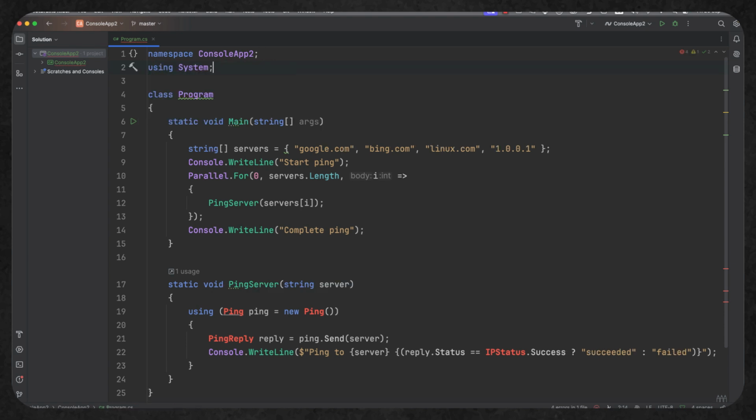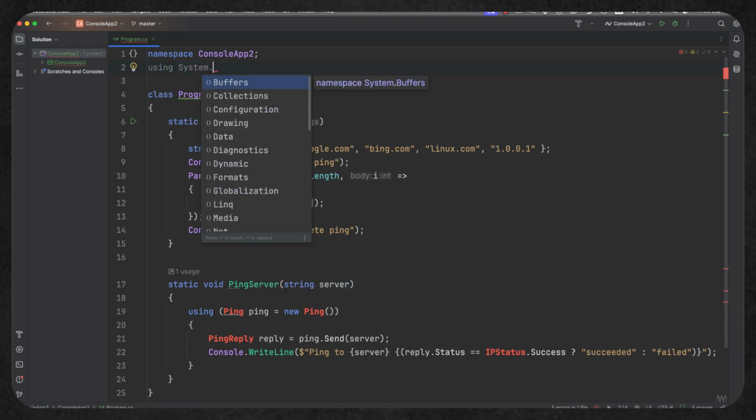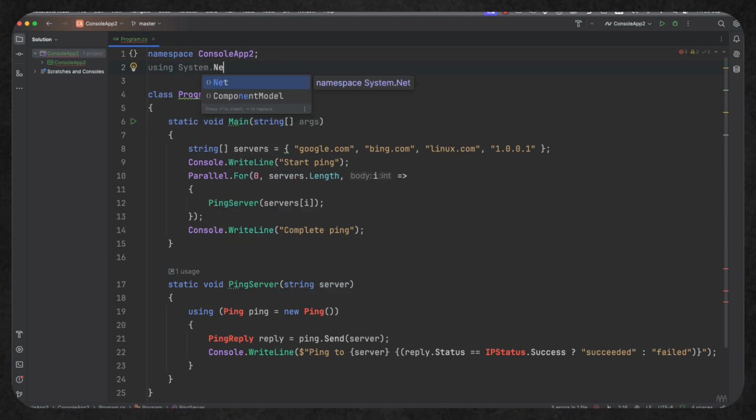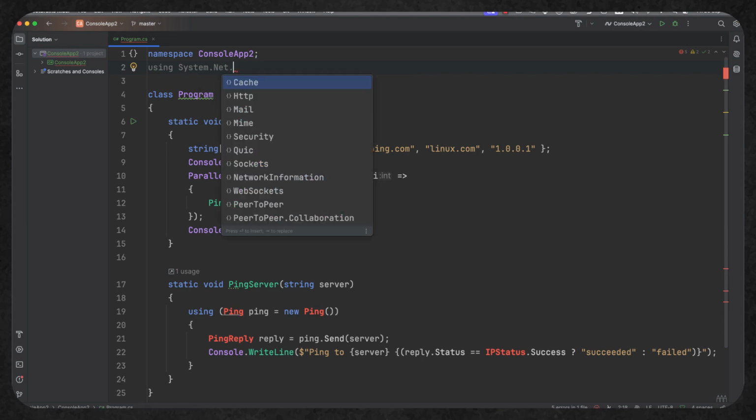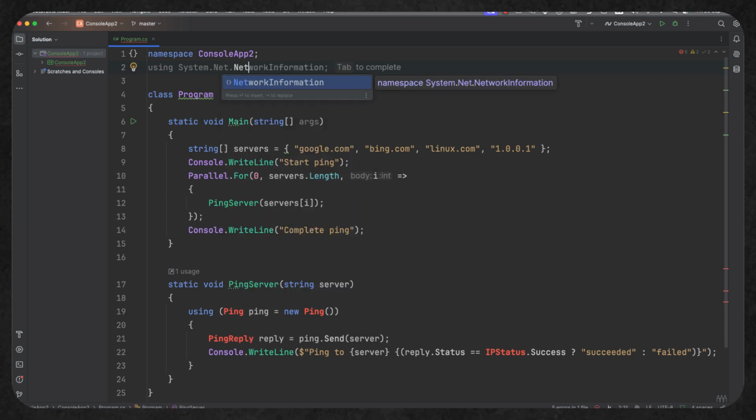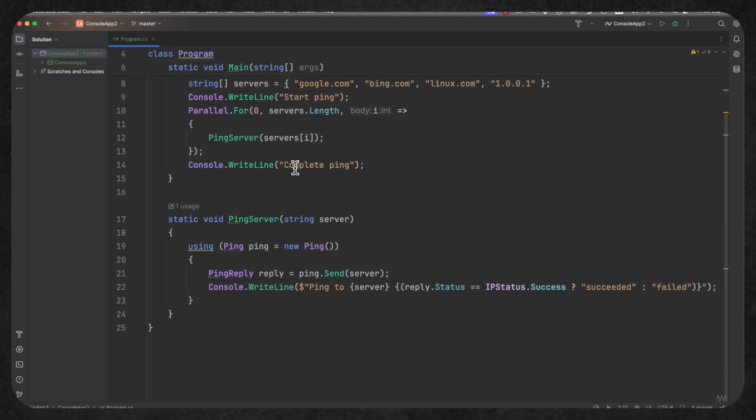There are default using statements, and that's why I don't need my using system or my using the multi-threaded applications. But I need to add in other namespaces that I'm using. So I've added in the net and network information, so system network information.